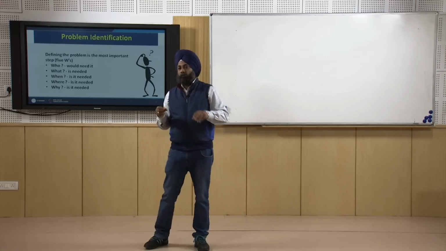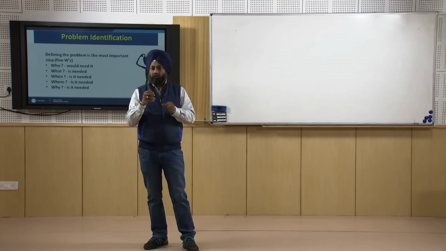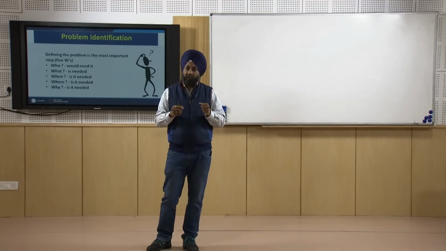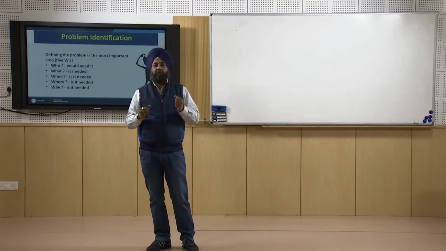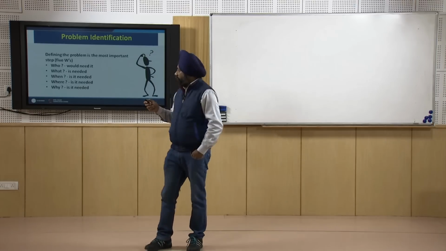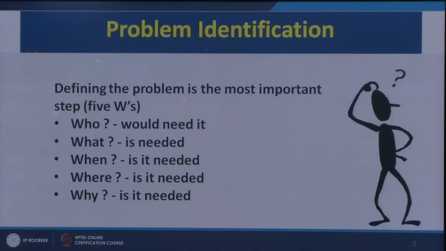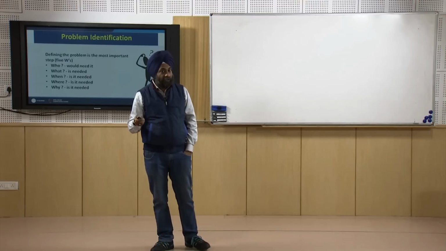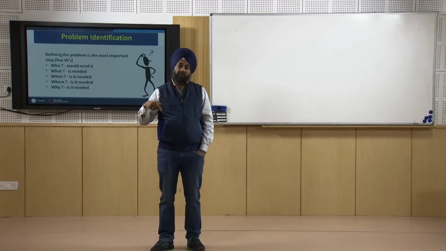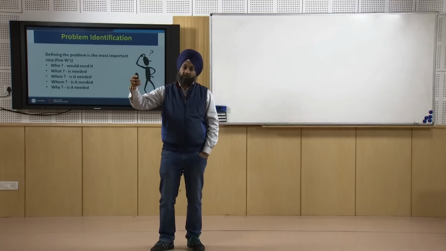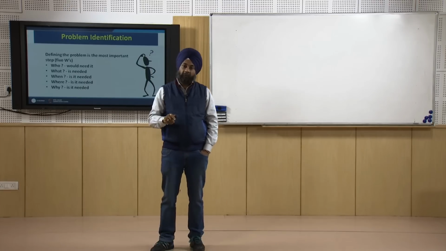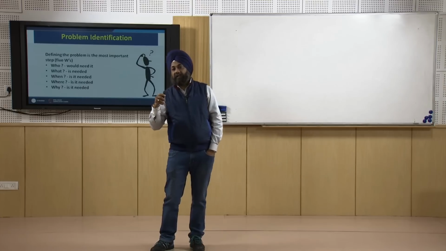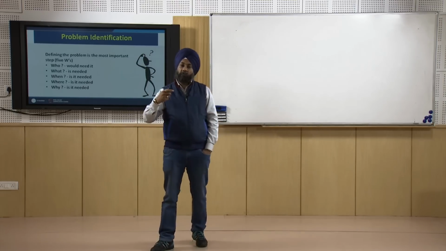For example, if we are doing a value engineering analysis on the steering wheel of our automobile, who are going to be the beneficiaries? The beneficiaries are going to be the drivers who are going to drive that steering wheel. So the first point that we need to identify in defining the problem is who are going to be the beneficiaries of the value engineering study, or on the other hand we can say who are the people or the customers who are having some problem or a need or a requirement which has not been met by any of the existing products. So it is a kind of focus on the customer,